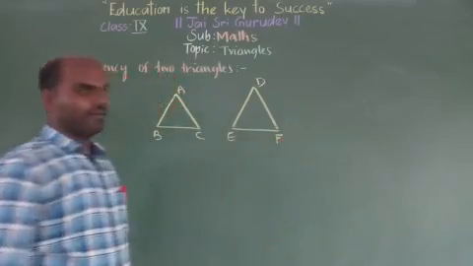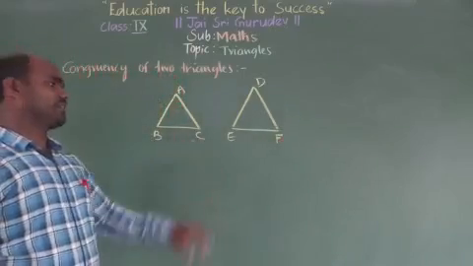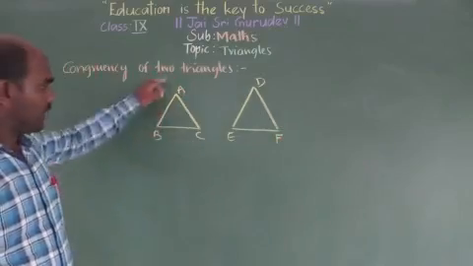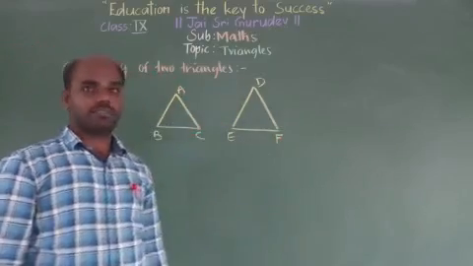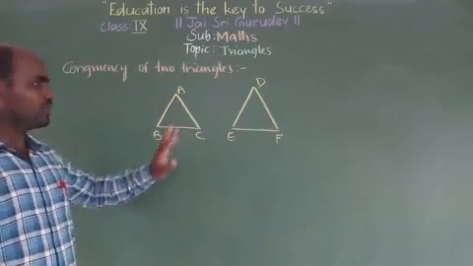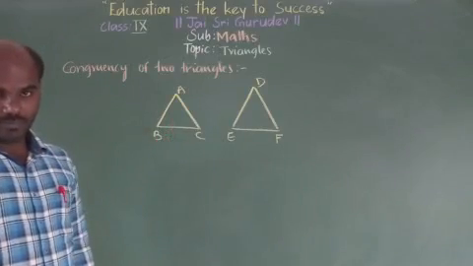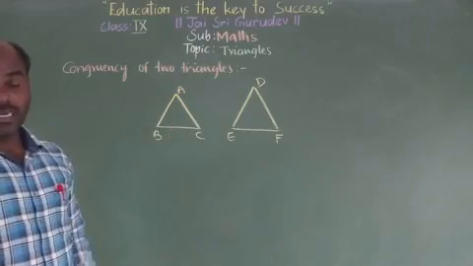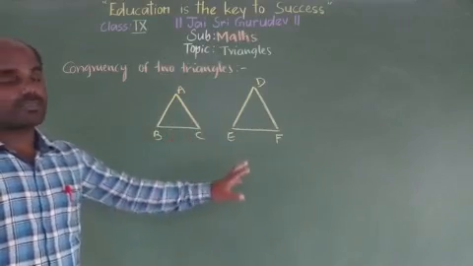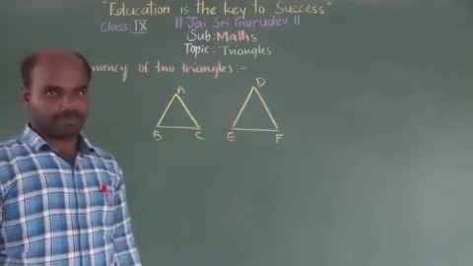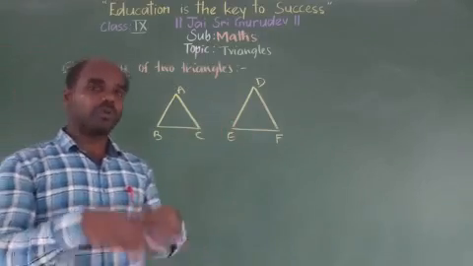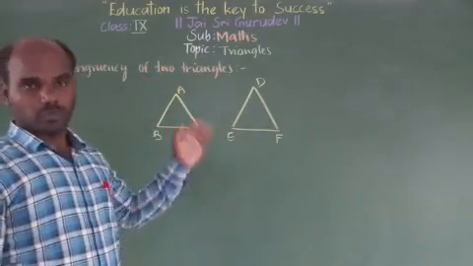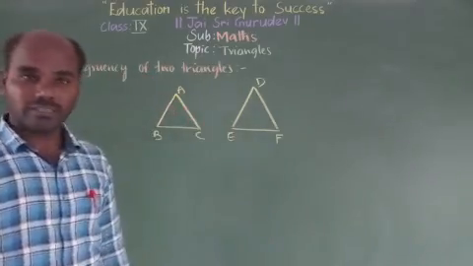So in these two triangles ABC and DEF, they must have the same shape and same size. To prove that these two triangles are congruent triangles,